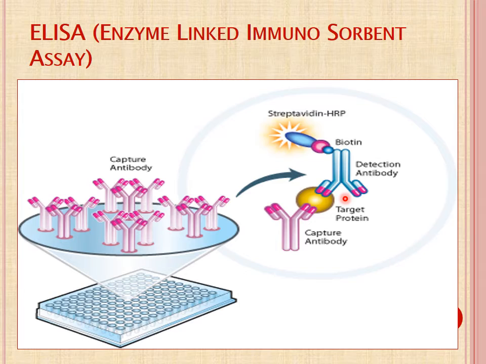After that, the second most important part is to add another type of antibody which is specific to this antigen, but this time the antibody has an enzyme linked with it, and this enzyme reacts with a specific type of substrate, and it forms a particular colored product which is seen in the microwell. And this is the procedure of the ELISA. Then the color which is produced is read in the ELISA reader.